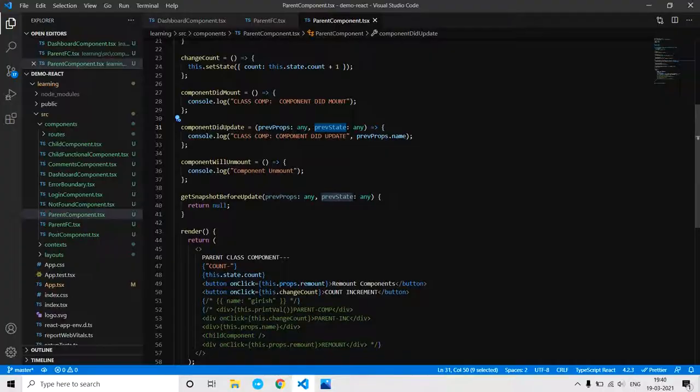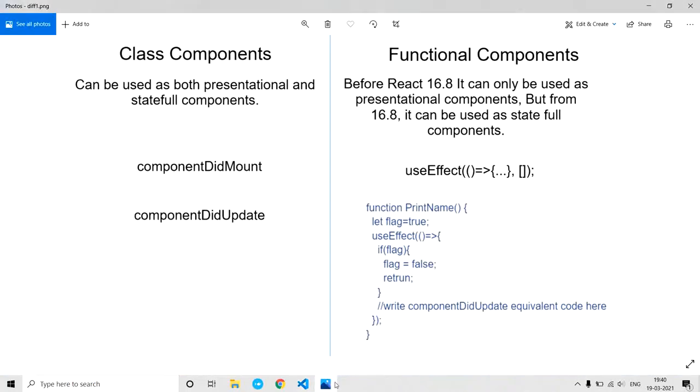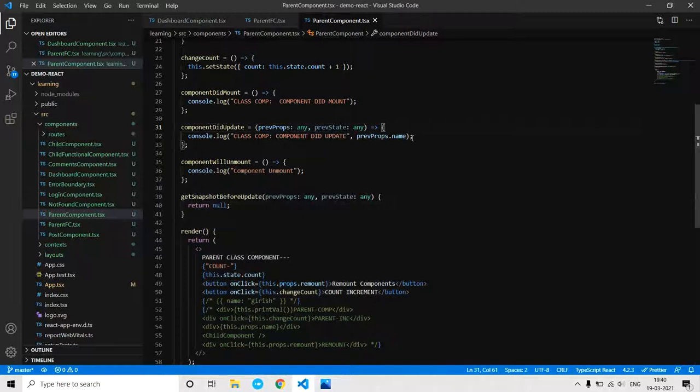And let's go to the componentDidUpdate lifecycle method. Basically it takes three parameters. The first one is previous props and previous state, and there is a third argument. That third argument value comes from the lifecycle method called getSnapshotBeforeUpdate, so let's see that later.